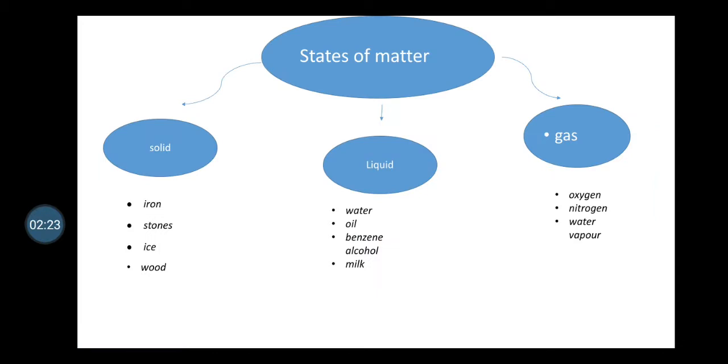Okay, so we have three states of matter, which are solid, liquid, and gas. Solid like iron, stone, ice, wood. Liquid like water, like oil, like benzene, alcohol, like milk. All of them take the liquid state. Gas like oxygen, like nitrogen, like water vapor. Okay,